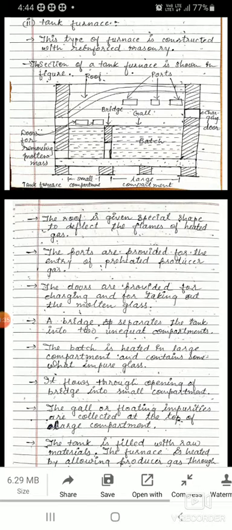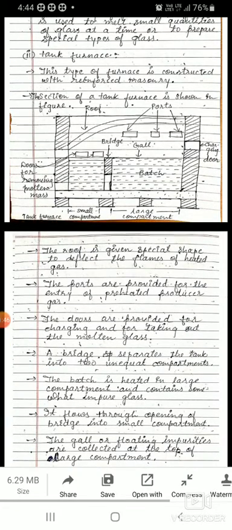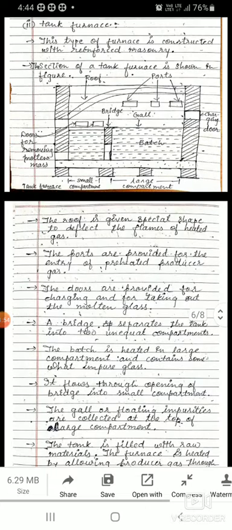a slope-like structure here. The ports are provided for the entry of preheated producer gas. In the figure you can see there are three ports from which producer gas enters for heating. The doors are provided for charging.